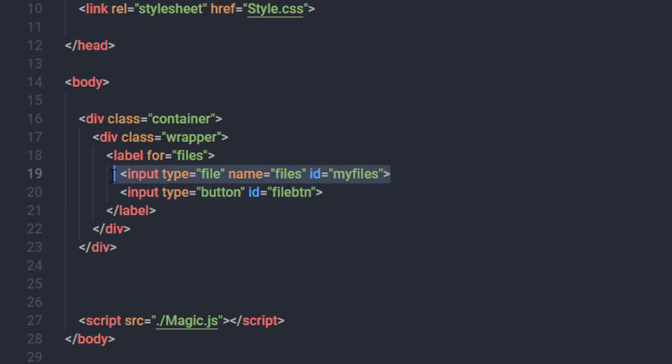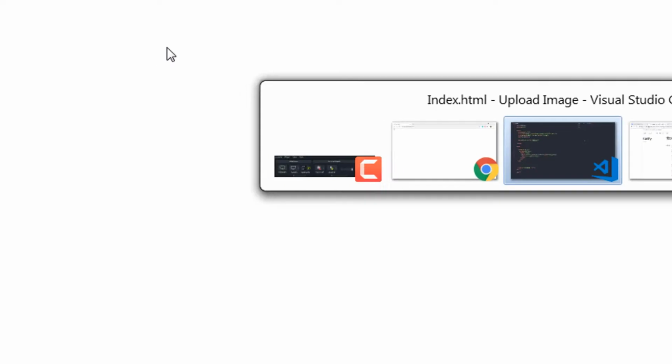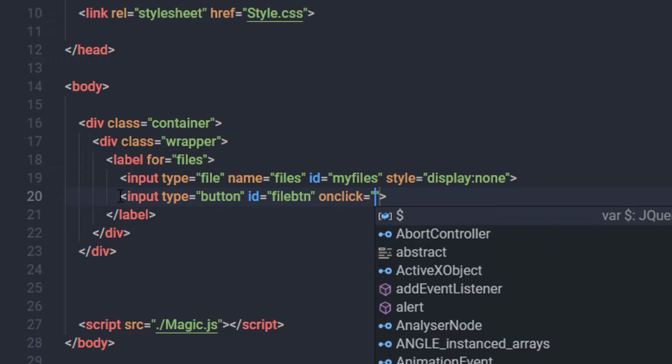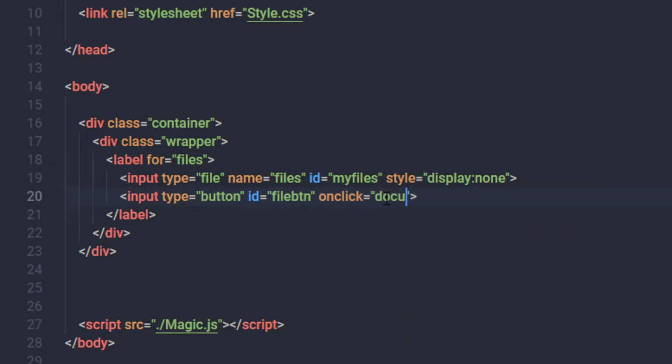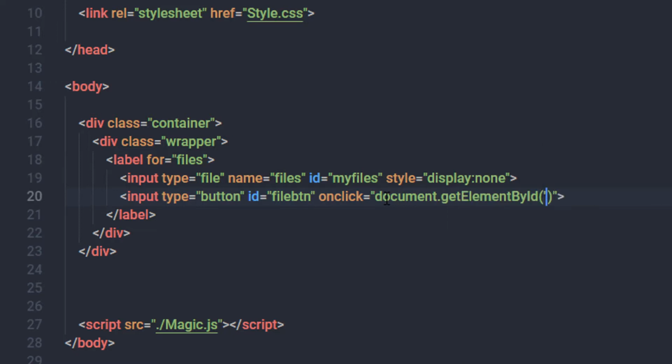Now I will hide this button. So I'm going to say here style display none, right? So now you can't see this button on the UI. Now when I click on this button, I want to open the file window, right? I will create an onclick event on this input type button and say here document dot getElementById. I want to specify this ID, right? This one. So I will copy this ID and paste it here and call click event,